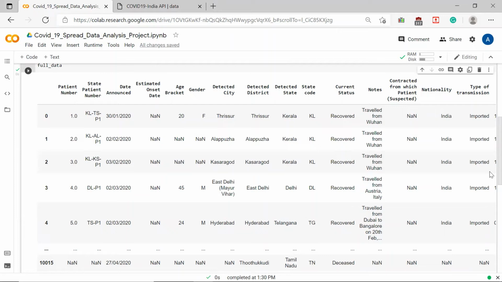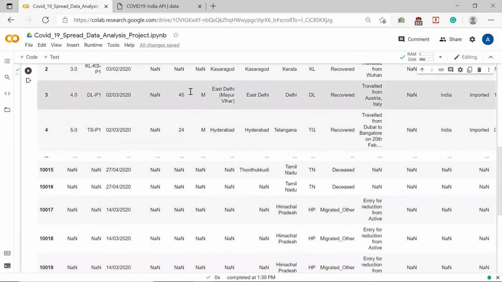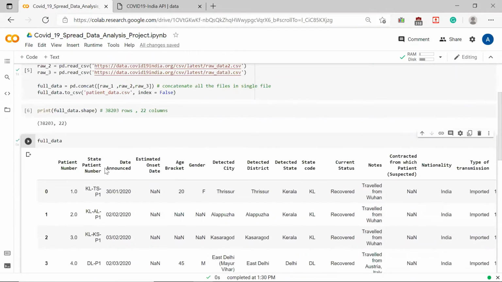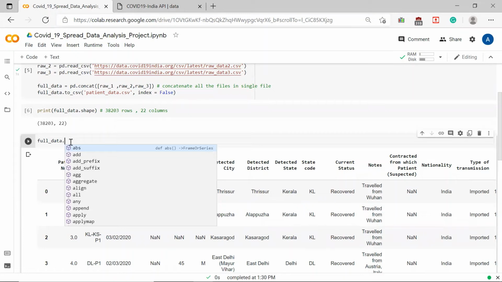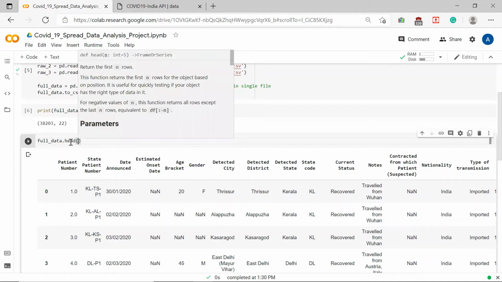So in this way you can see the data. And why is it coming like this? Because there are 38,000 rows, so it will not accommodate all the rows in a single cell. That's the reason it is printing that. If you want, you can do one thing. You can write the head function. You can try it and pass it 10. Let's see whether it works.